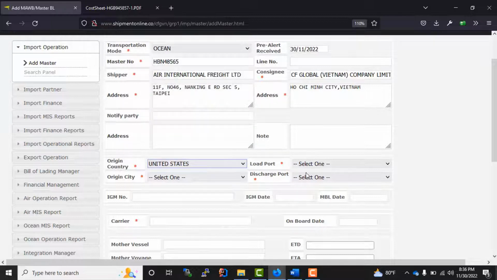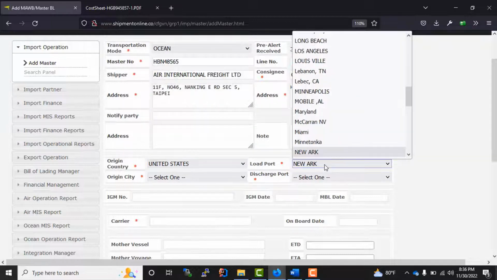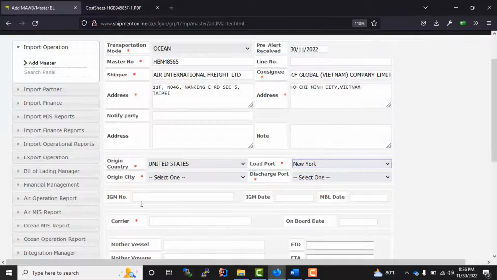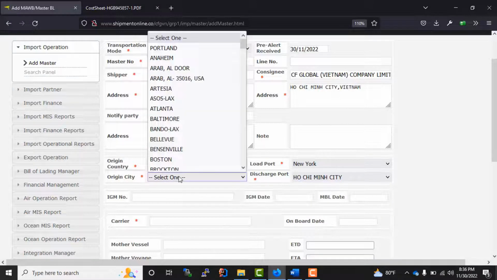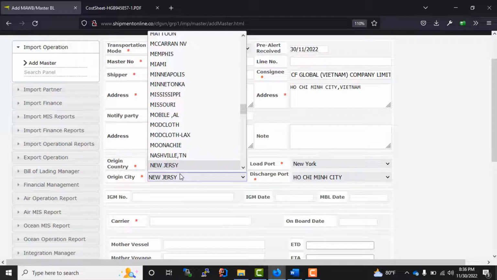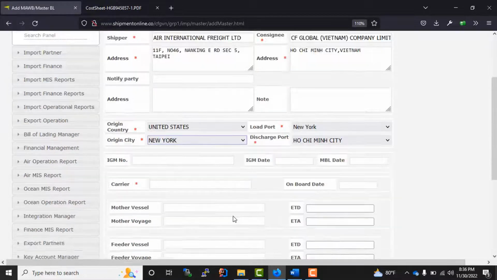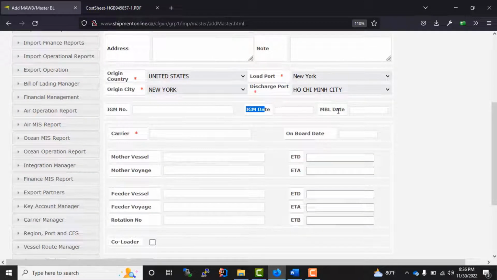Let's say United States, and load port could be New York. Say for example New York, and discharge port is this. Then origin city, say for example New York. Then ISF number and ISF date, these are optional. Then select carrier, could be anything. Then vessel, mother vessel, voyage,